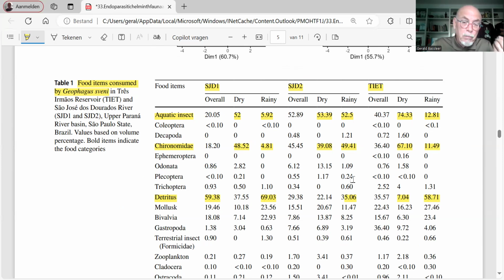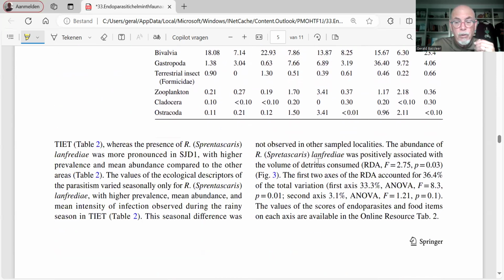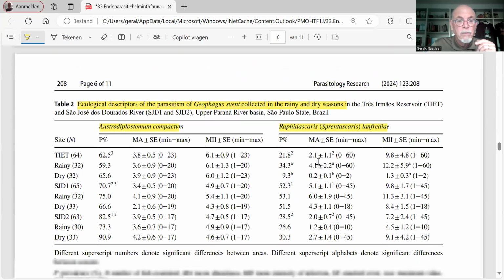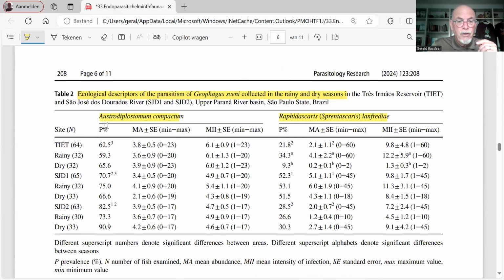Because the detritus seems to play an important part, that's what the study finally will conclude, and I'll explain it to you in detail. Here are the two different parasites that are infecting the Geophagus in rain and dry season. And you can see here the Beta-Cercaria, the Diplostomum. And you can see here that during the dry season, there is a higher abundance,